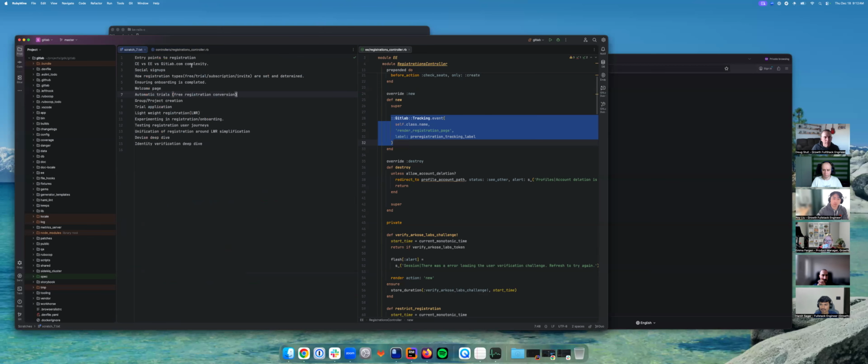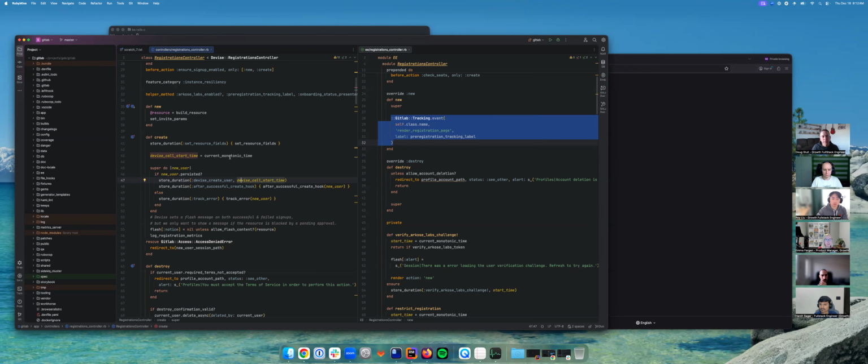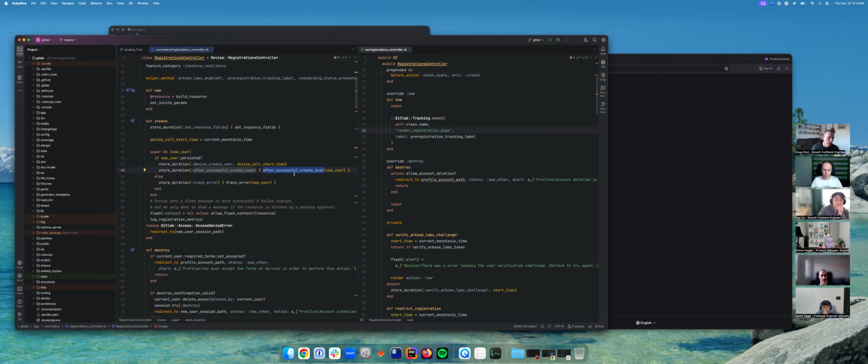What I wanted to talk about here is that complexity a little bit. We can see right away in the free signup, we already have two layers. We have the CE version, and now if we are on EE, we have another layer of complexity, because you have to consider the EE override of it. And if we look at things like after successful create hook, this is where a lot of the complexity is